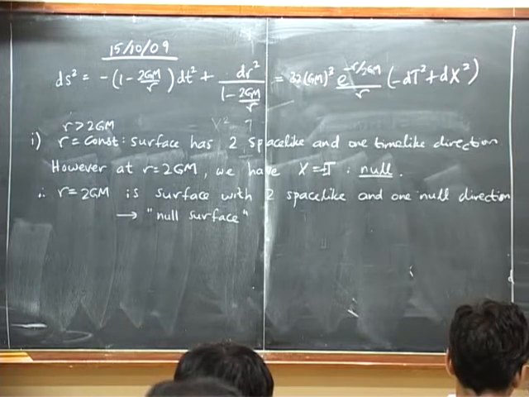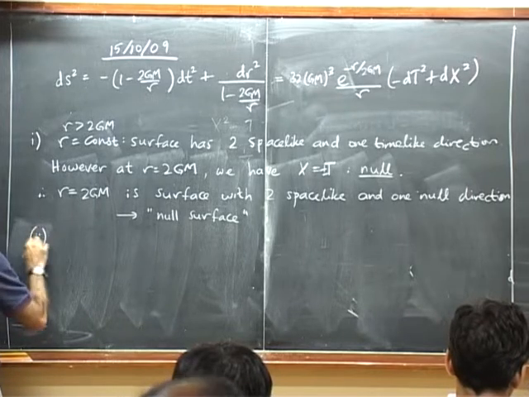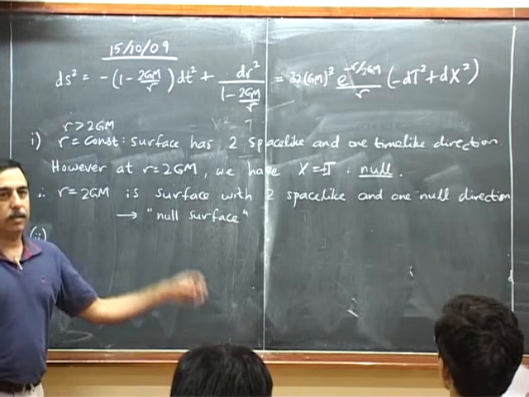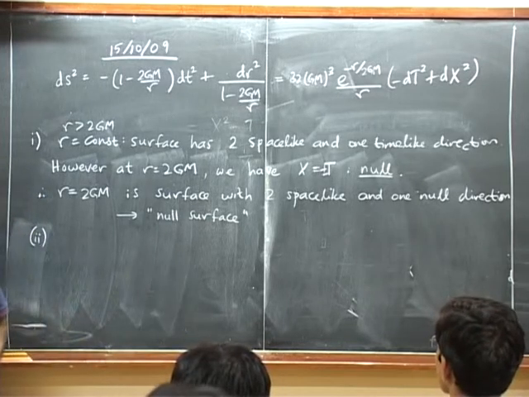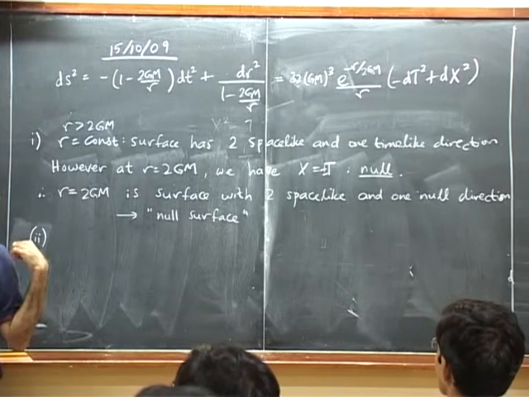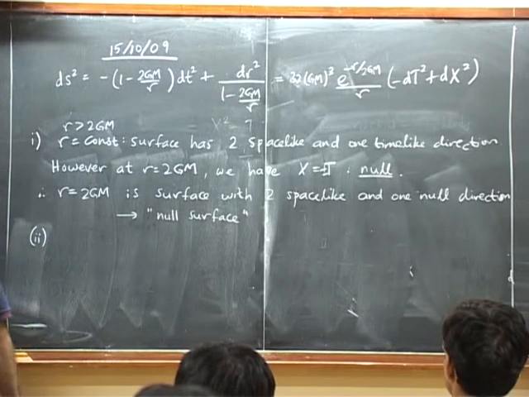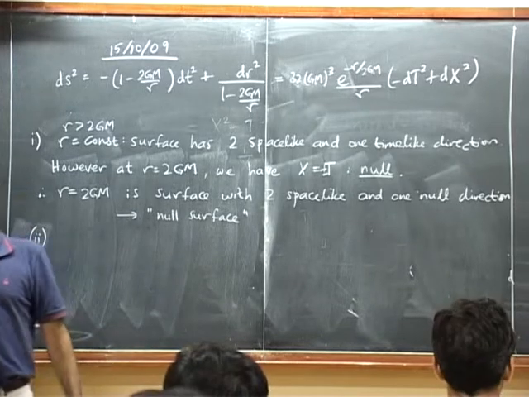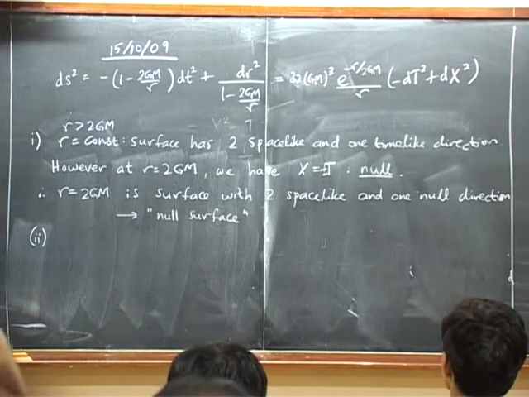Now let's try to understand this. Okay, this is fine. Let's try to now understand from the point of view of geodesics approaching this null surface. The question we would want to ask is, can a geodesic approach it? Can it go through it? Can it come out on the other side? What happens on the other side? The other side that we are after, needless to say, is r less than 2 GM. That's the other side which we want to uncover.